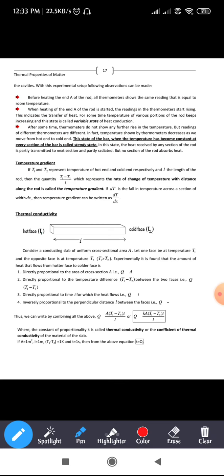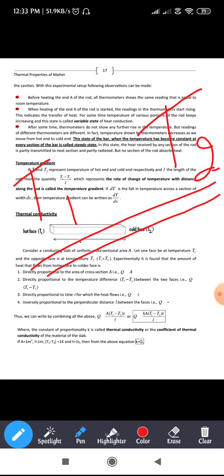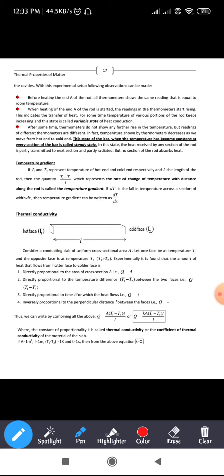It is said that whatever heat you are going to supply is directly proportional to the temperature difference between T1 and T2, that is, the two faces of the conducting slab. Next, it is directly proportional to the time t for which the heat flows. That means Q is directly proportional to t. That means if you are supplying the heat for more time,